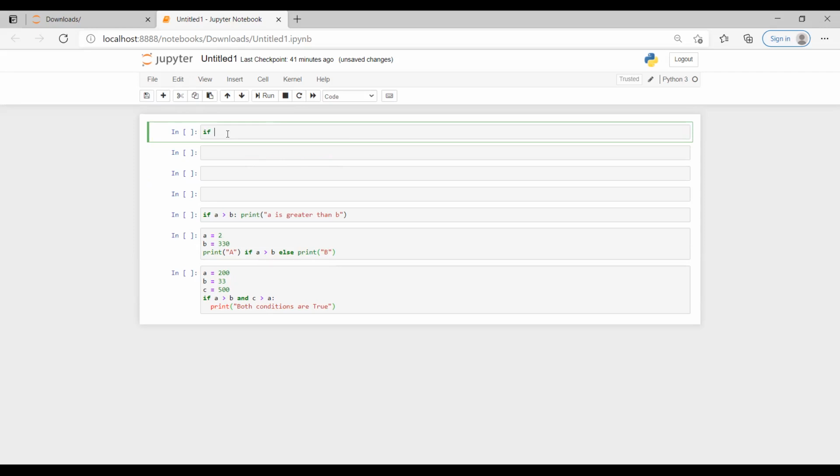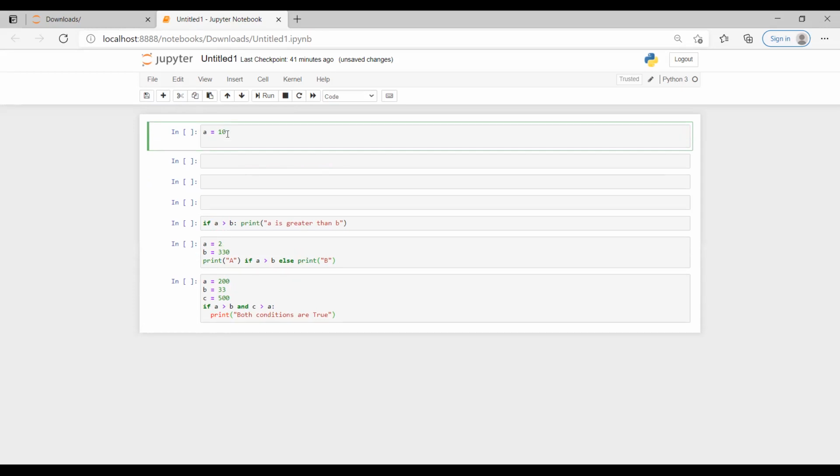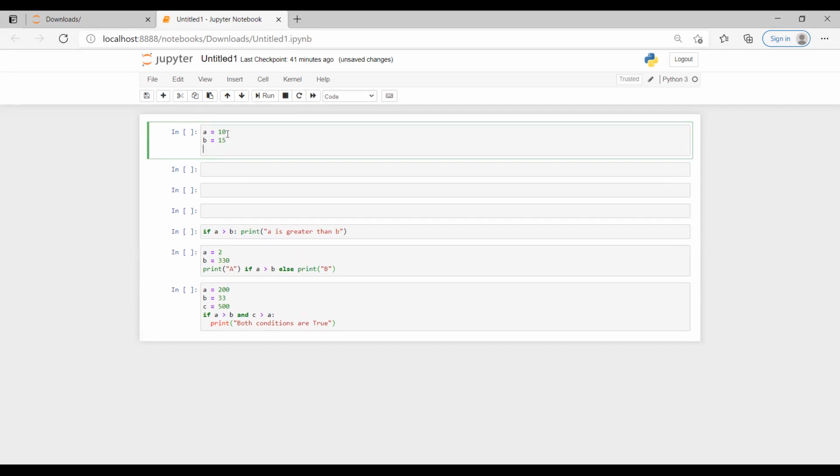Only if. Suppose I'm declaring two variables. A is equal to 10, I'm giving 10. B is equal to 15. I'm just trying to do if with else.